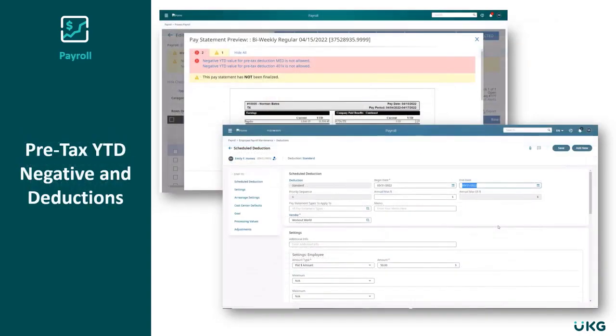Our next two payroll enhancements are around pre-tax year-to-date negatives and deductions. An error will now populate when a negative year-to-date value is found on the payroll statement. Pre-tax deductions with a negative year-to-date value would cause cascading tax issues down the line even after a correction. With the latest enhancement, admins will not be able to close or finalize payroll until the year-to-date negative value is